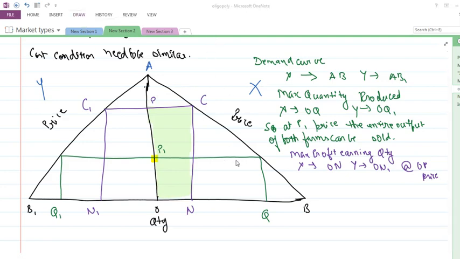In the same manner, the profit of firm Y would be the one which is shaded in the lavender color or the light purple color. That is the profit of the firm Y. So the firm Y will be earning the profit equivalent to ON1C1P. To start with, if two producers charge the price OP, then X and Y will be selling ON and ON1